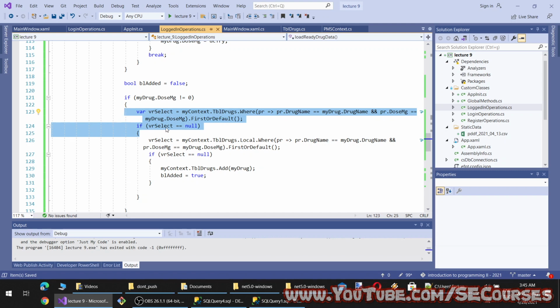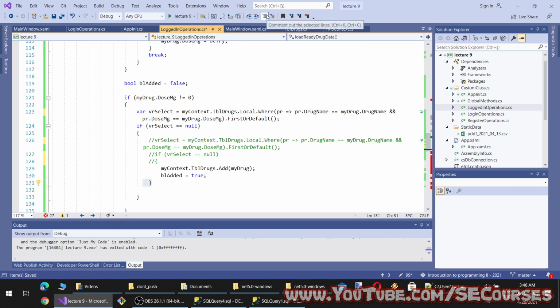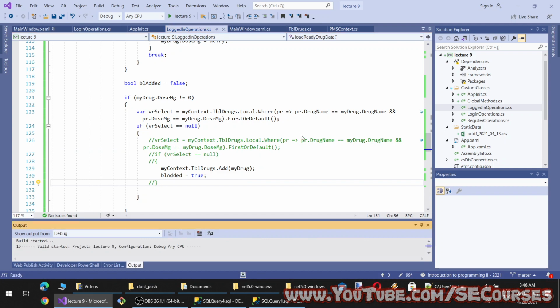Then I will check the database. Actually, I don't need even to check the database. Okay. So let's remove this because we are doing a full local caching. And let's see.